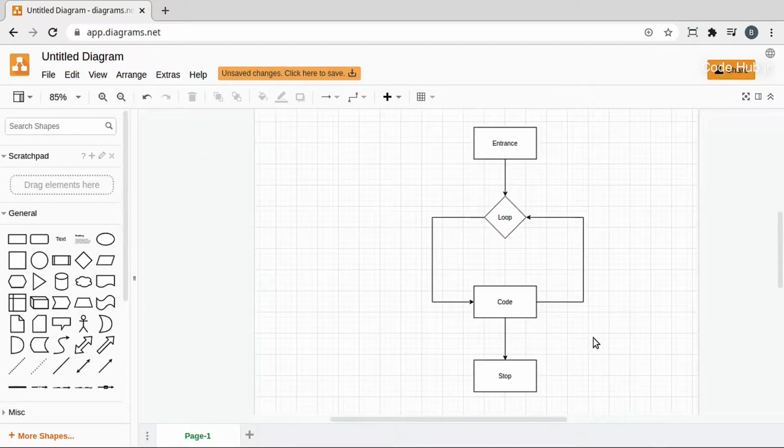You may be asking yourself, why do you even need a loop? Well, think about it. You enter your program, you come down into your loop, and let's say you want to do something 100 times. You need to now increment some sort of counter. Once you've hit that counter, you jump out of this loop and you stop your code.